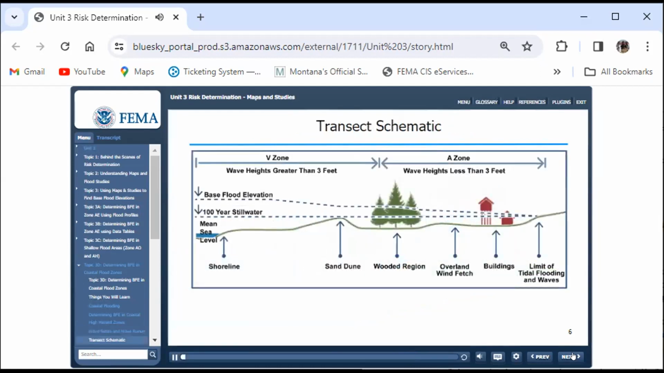Here's a side view of a coastal transect, moving from offshore at the left up onto the inland areas on the right. In a flood study, wave heights are analyzed along several coastal transects, which are lines located along the coastal areas and oriented perpendicular to the shoreline. Different sources are used for the data, including topographic maps, bathymetry, which is underwater topography, beach profiles, aerial photos, and